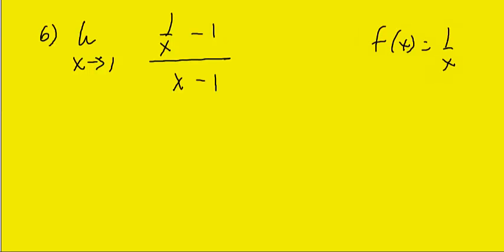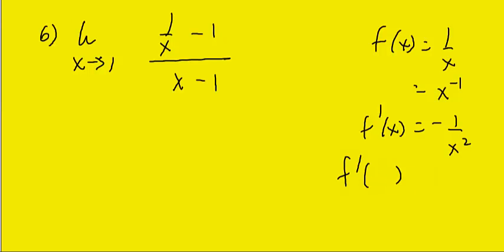1 over x. And this is the same thing as x to the negative 1. Might as well do that rather than using the quotient rule. So what's the derivative of this function? Negative x to the negative 2, which is negative 1 over x squared. And where are we evaluating this derivative? At 1, which is negative 1. So the limit of that is negative 1. Alright, make sure you know how to do